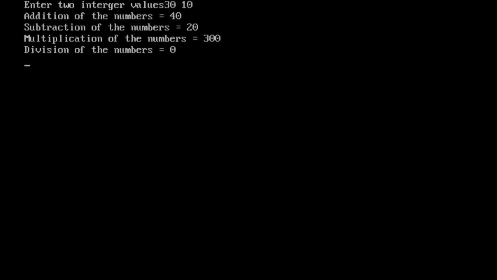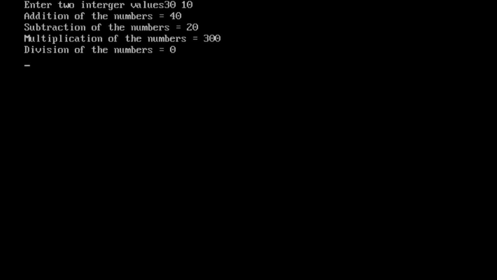So here is the complete output. Addition of the numbers 30 plus 10 equal to 40. Subtraction of the numbers 30 minus 10 equal to 20. Multiplication of the numbers 30 into 10 equal to 300.